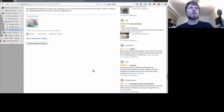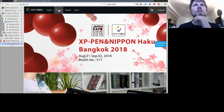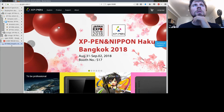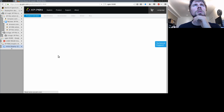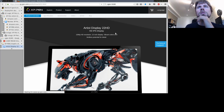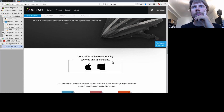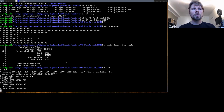Wonder if we'll have more luck on the XP-Pen website. The old models, they just remove them. Okay, this looks... Yeah, 22 HD. Okay, that's dimensions, not the active area. Oh, active area, here it is. Okay, so...